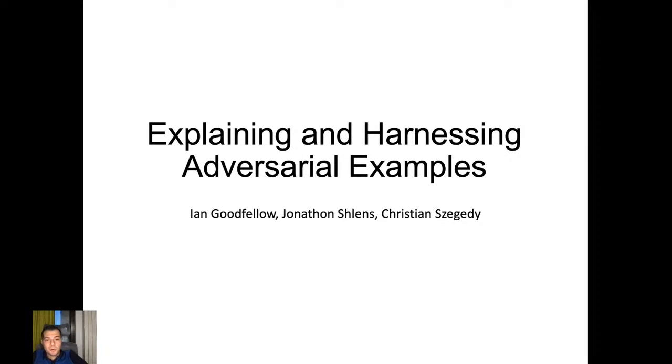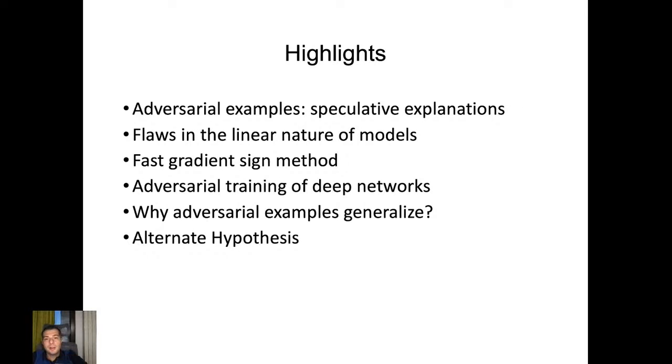So I mentioned at some point that the main explanation for the existence of adversarial examples is due to the linearity of the models, and this was shown experimentally in this paper. A large part of the authors from the first paper are also authors of this second paper, which is entitled Explaining and Harnessing Adversarial Examples.